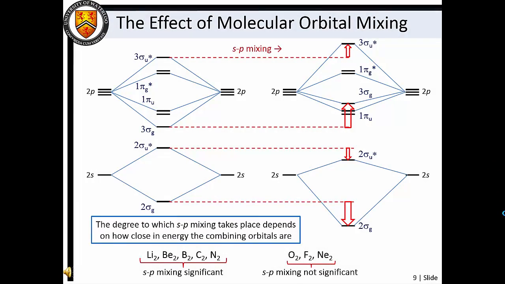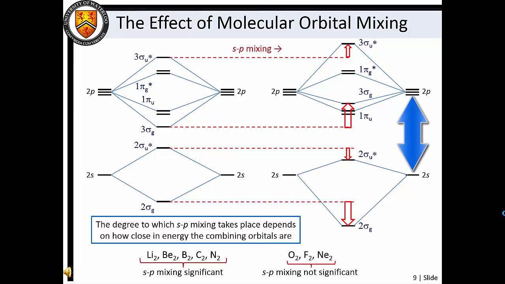As a result of the interaction between MOs of like symmetry, we see that the 2 sigma g orbital is shifted to lower relative energy, and the 3 sigma g MO is shifted to higher relative energy. The same is true for the sigma u bonding and antibonding MOs, but in this case the interaction energy is weaker owing to the larger energy difference between the combining MOs. Recalling that the extent to which the sigma MOs are shifted depends on how close the interacting pairs are energetically,